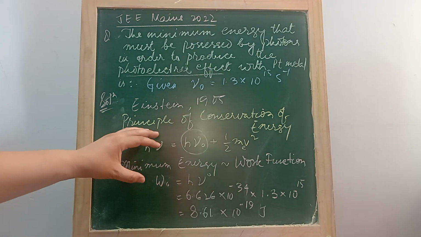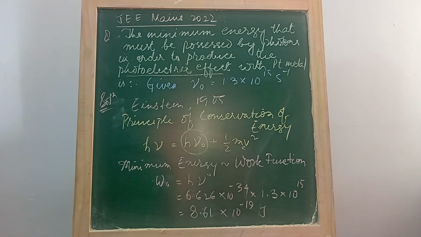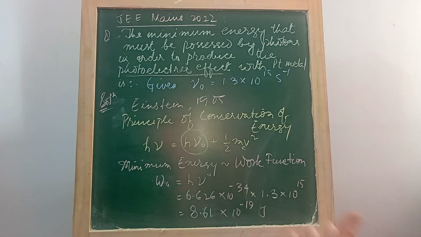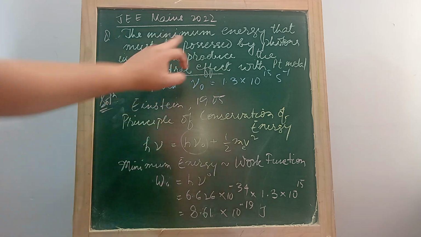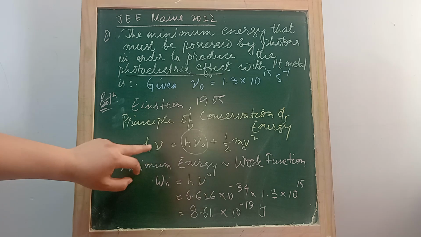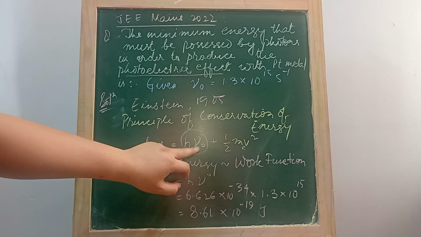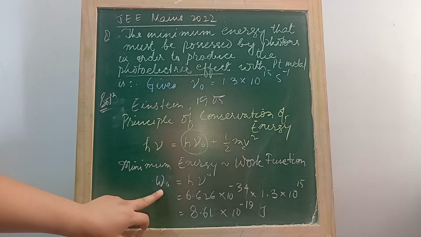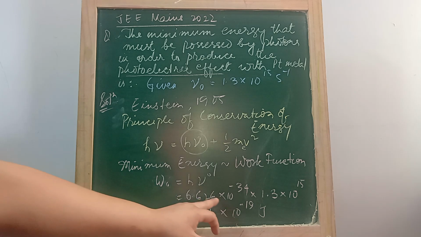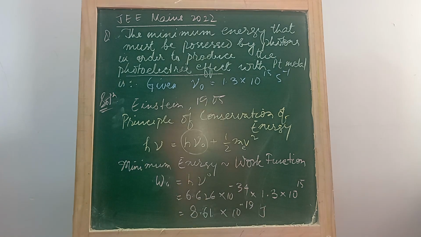So whatever energy is possessed by the photon will be utilized in removing the electron from the metal, which we call work function, and whatever energy remains will transform to kinetic energy of the electron, which is given by half m v square, right? But in this question, what we are required to calculate is the minimum energy, the minimum energy the photon must possess. This is the minimum energy, which is also known as work function, given by h into nu naught. h is Planck's constant, having a value of 6.626 × 10^-34 joule second,